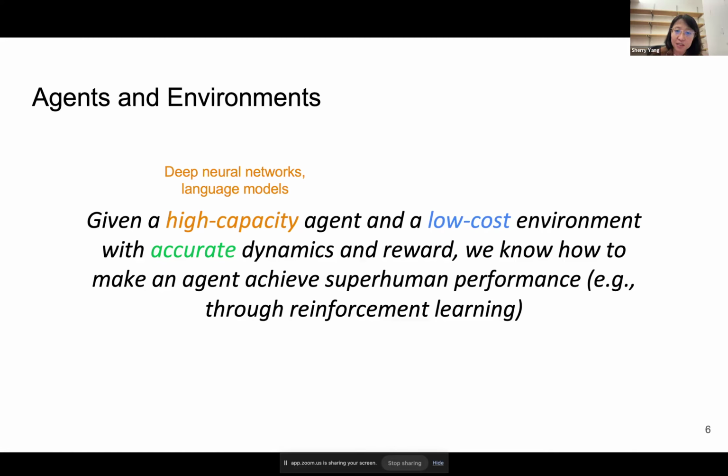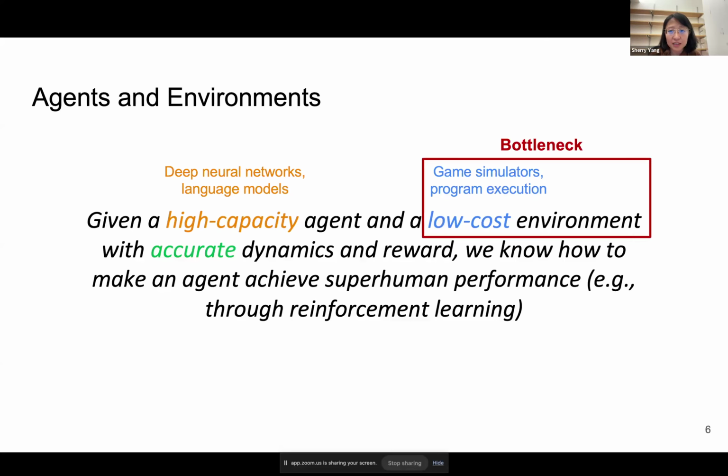The low cost environment is the key focus of today, because this is very difficult to achieve for a lot of real world tasks. The examples we saw with superhuman agents are in game settings, or in program execution settings where you can spin up a bunch of programs and the interactions are really cheap, because the agent requires a lot of interactions to learn. So this is probably the bottleneck.